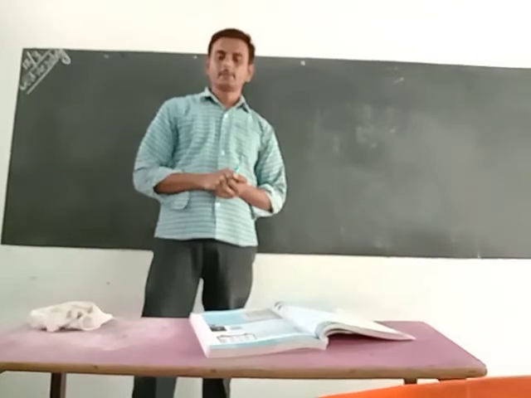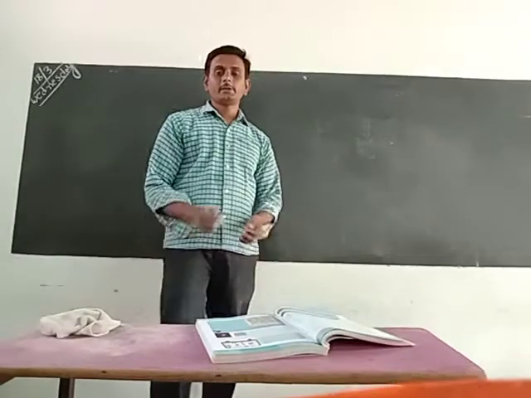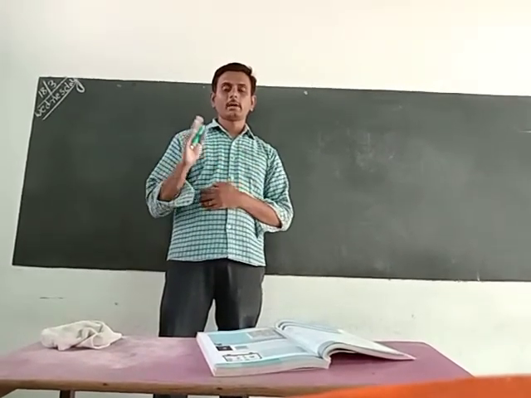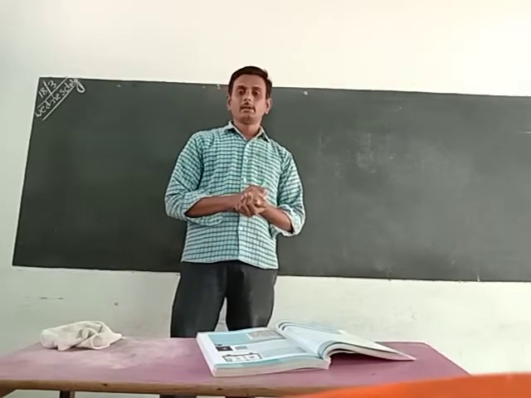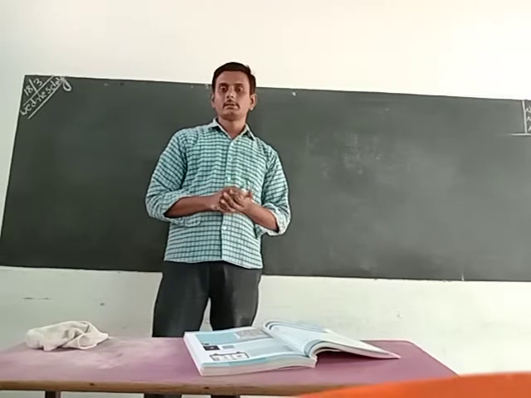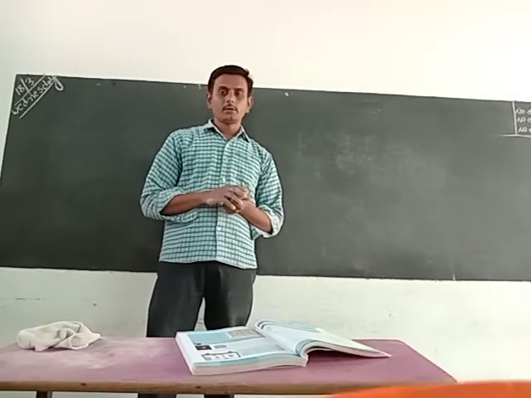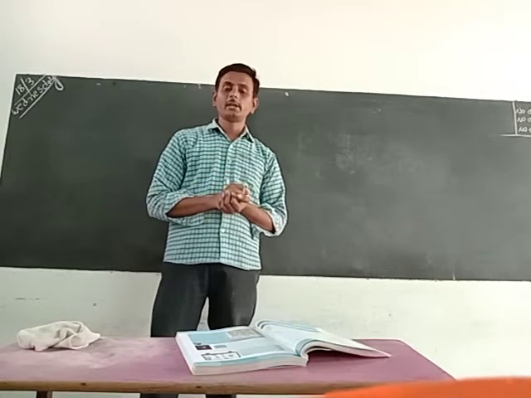In ninth class math subject, we have totally 14 chapters. In 14 chapters, 7 chapters are related to one paper and 7 chapters are related to another paper. That means in ninth class we have maths as paper 1, paper 2. I will deal here with paper 2. In paper 2, the first chapter is coordinate geometry.